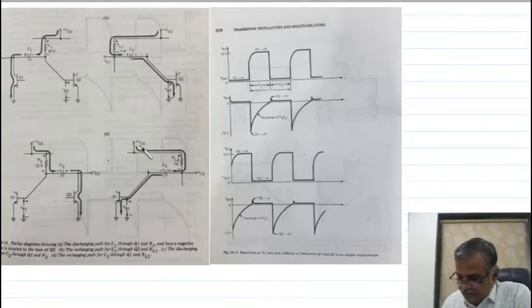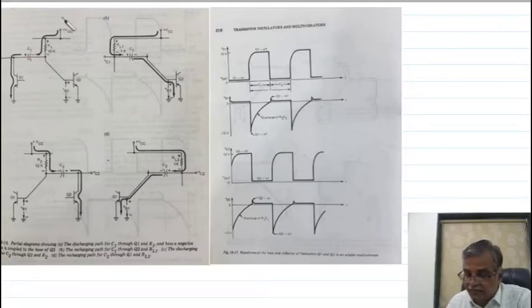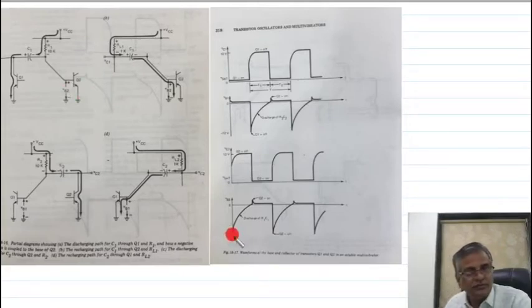Look here, this is the charging of capacitor C2 through RL2 and the base emitter of transistor Q1. When this is charging, at the same time C1 is discharging by this path. As C1 discharges, immediately this negative pulse is given to the base of transistor Q2, and that I am showing you here. This is negative. It gives the negative voltage to this.